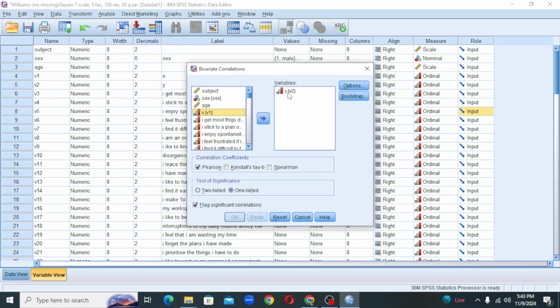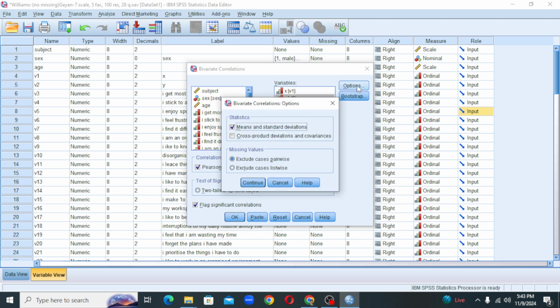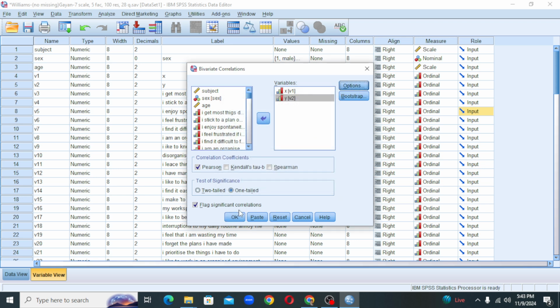Select the two variables, that is X and Y. We will be selecting Pearson correlation. Thereafter, we will be selecting two-tailed. This indicates only whether there is a relationship,